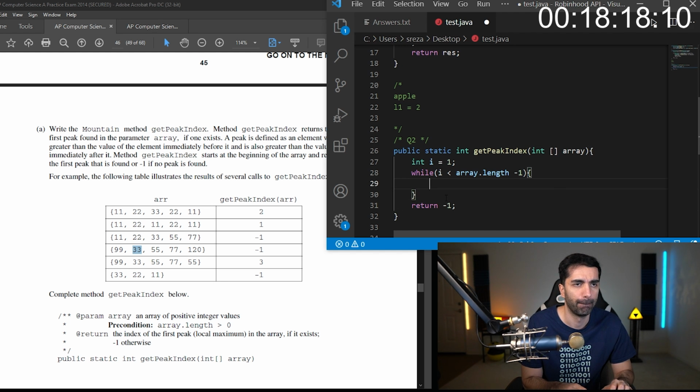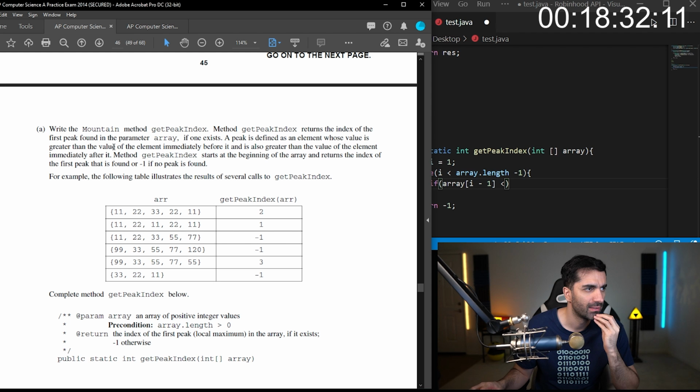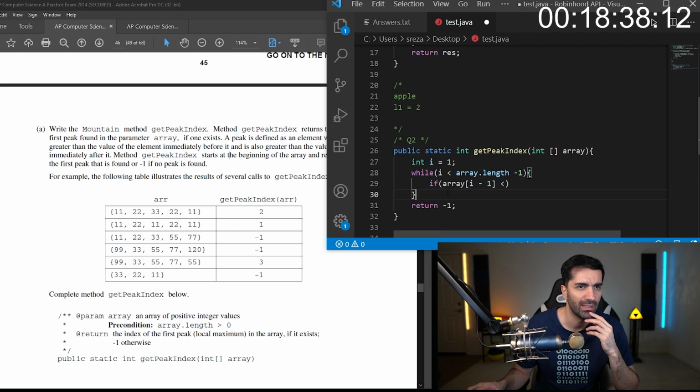And yeah, we'll just say if array I minus 1 is less than, what about less than or equal to? Probably not. It just says greater than the value immediately before it, and is also greater than the value of the element immediately after it.